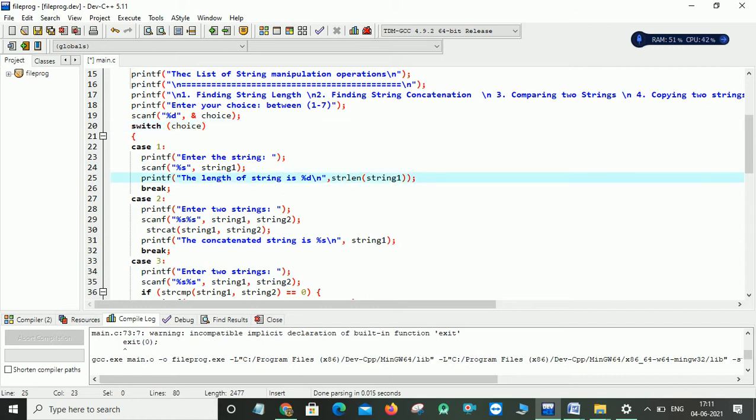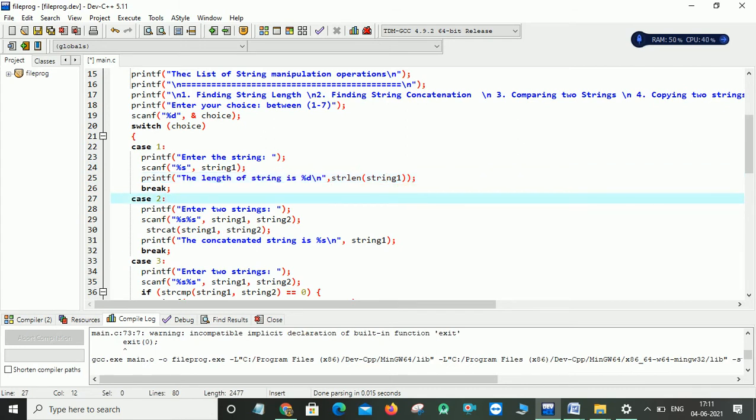I read that string using my scanf statement, and in my printf statement itself I call the function strlen of string1. It will print the length of the string, which is of type integer, because the length is always an integer.